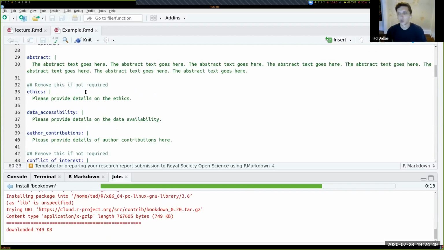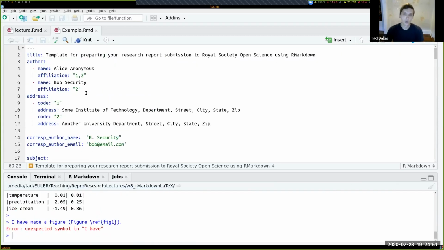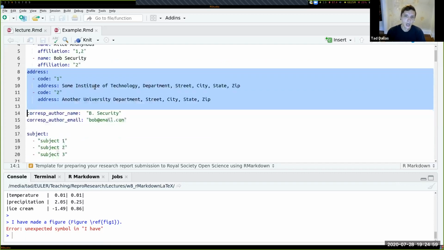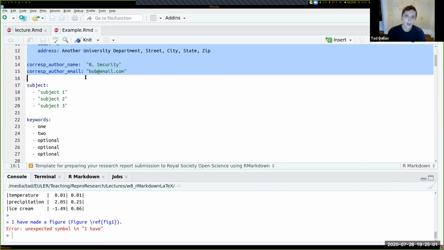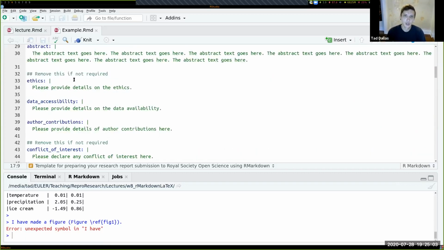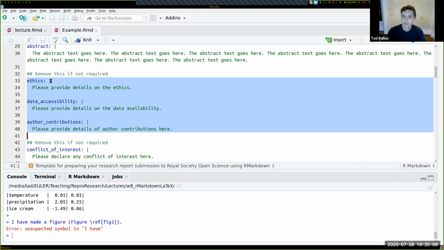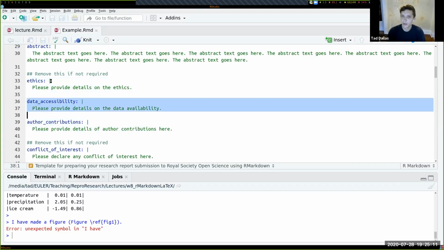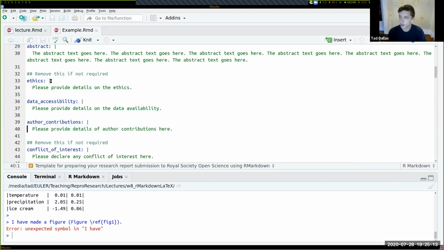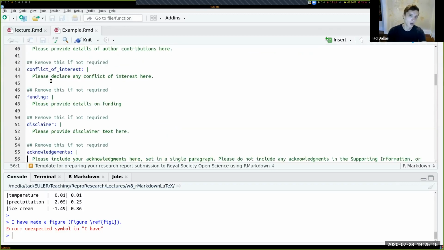I think why it's so long is because that's doing the majority of the work in terms of the upfront formatting of author affiliations, author addresses, corresponding email, the keywords, subject, abstract, all the things that you would put into an article that deal with accessibility of data, author contributions, conflicts of interest, things like that, are just put up front in the YAML header.